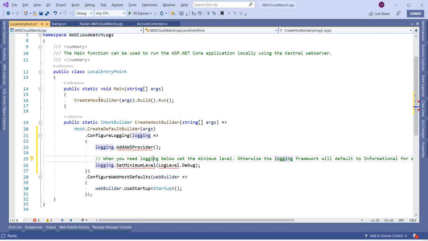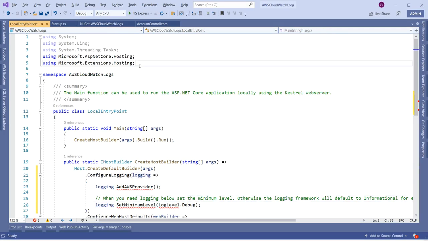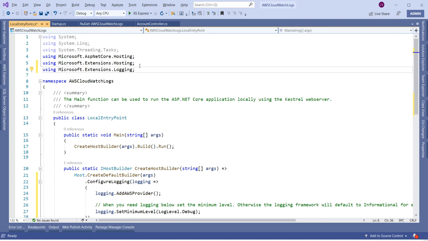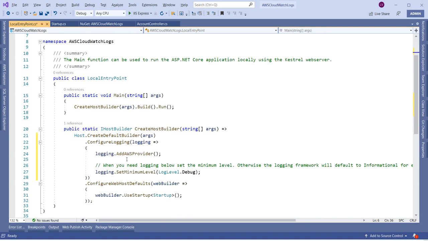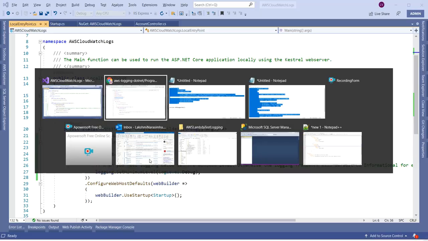Microsoft.Extensions.Logging. So we already have that. Yeah, this is Hosting.Logging. Now if you can see, this error is gone. Click on save and go to our sample project,